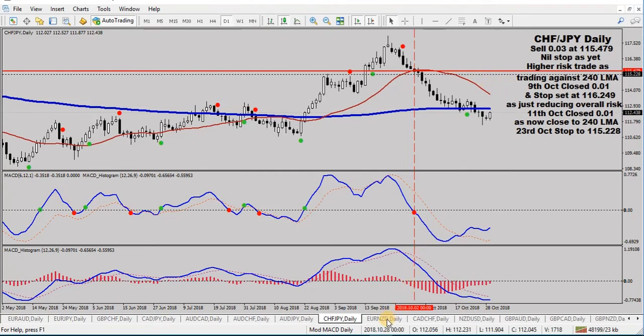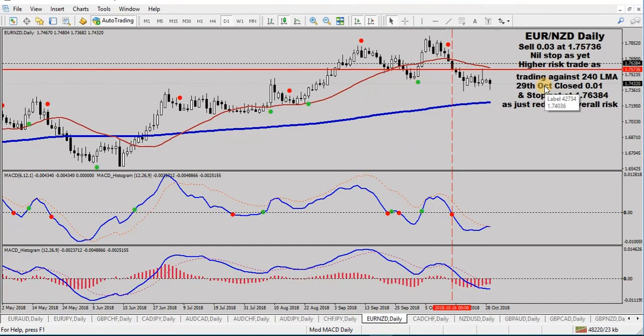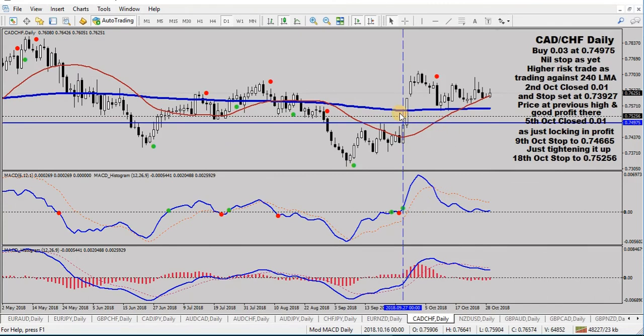Doing alright though. Euro New Zealand, sell back here in profit, but struggling a little bit. I already closed one that was today. Stops now just above the entry level. CAD Swiss, and a buy back here. Stops now above my entry level. I've closed 2/3,